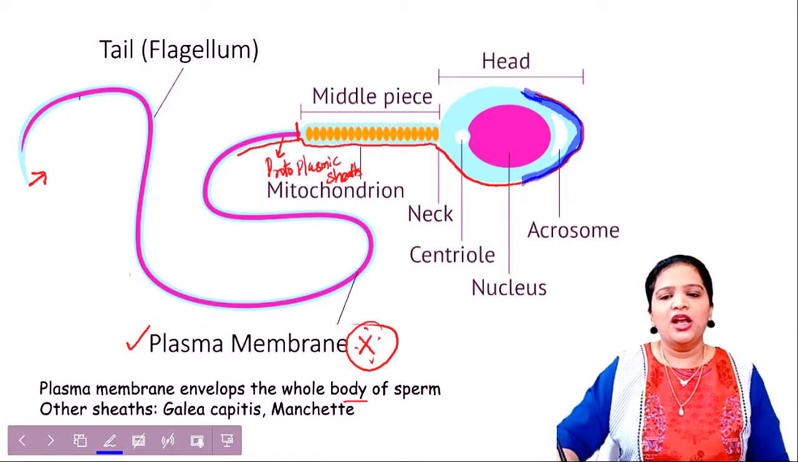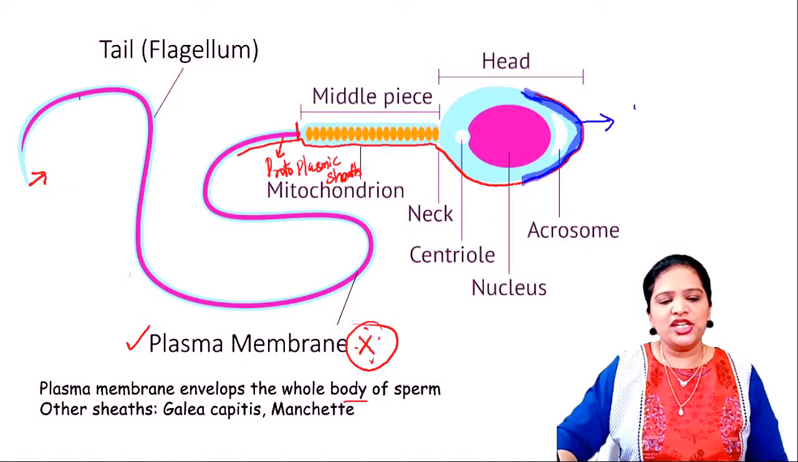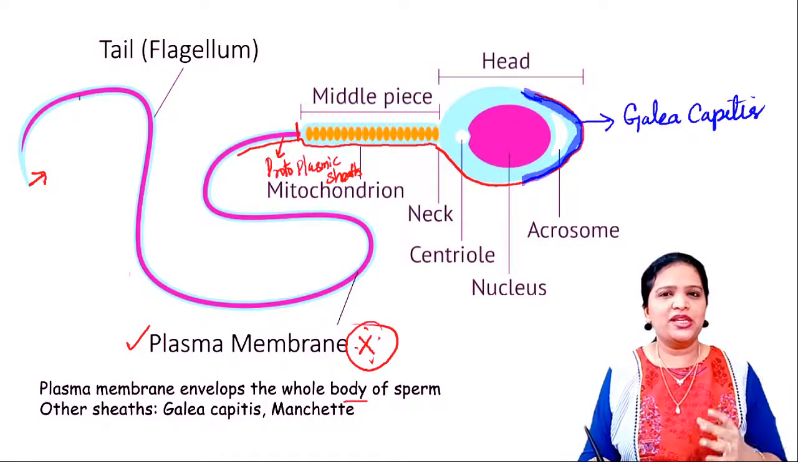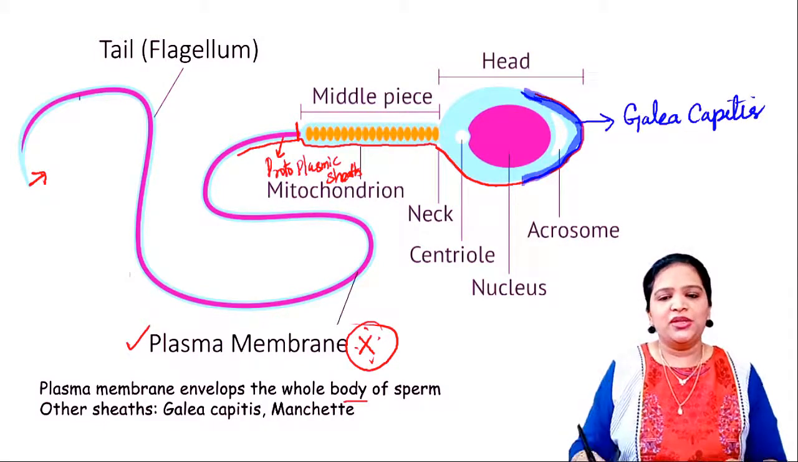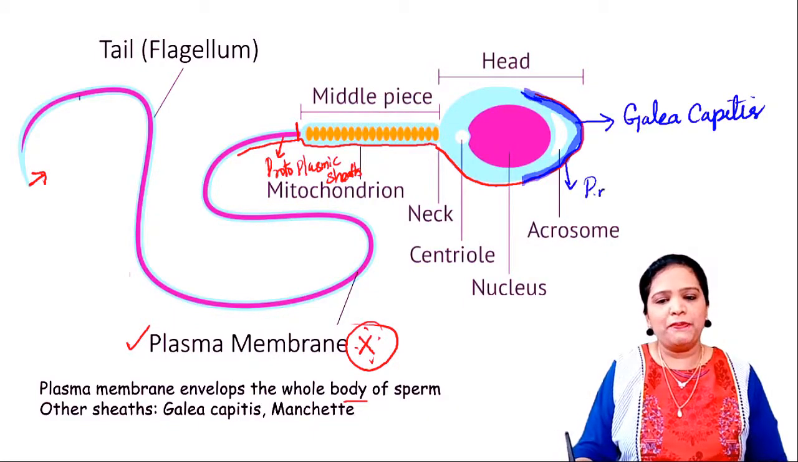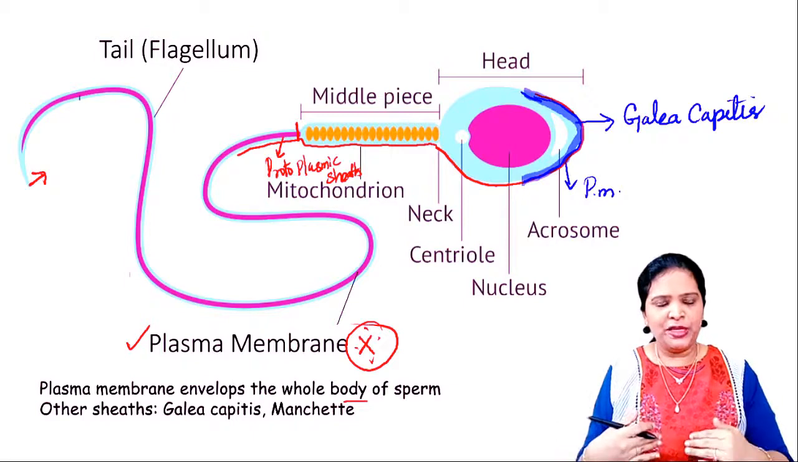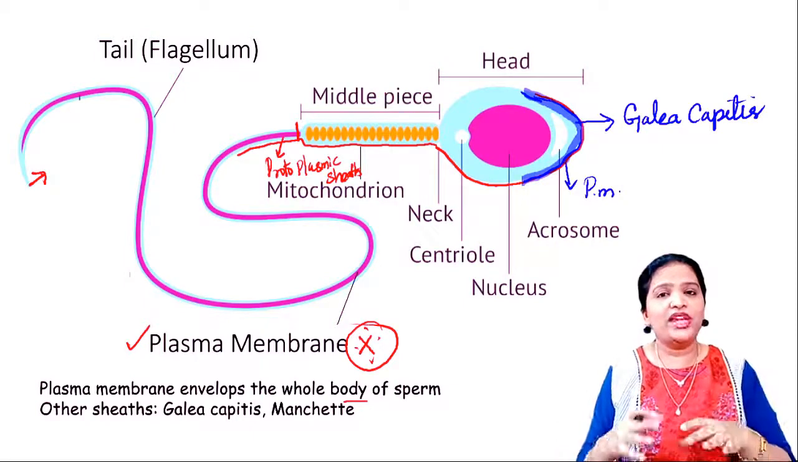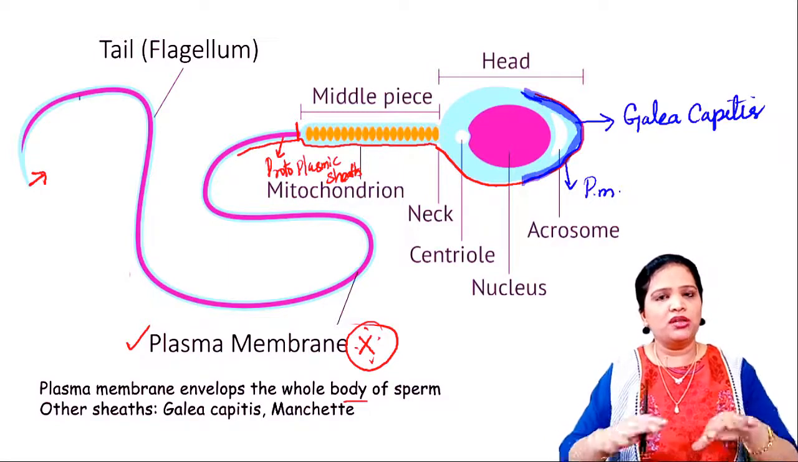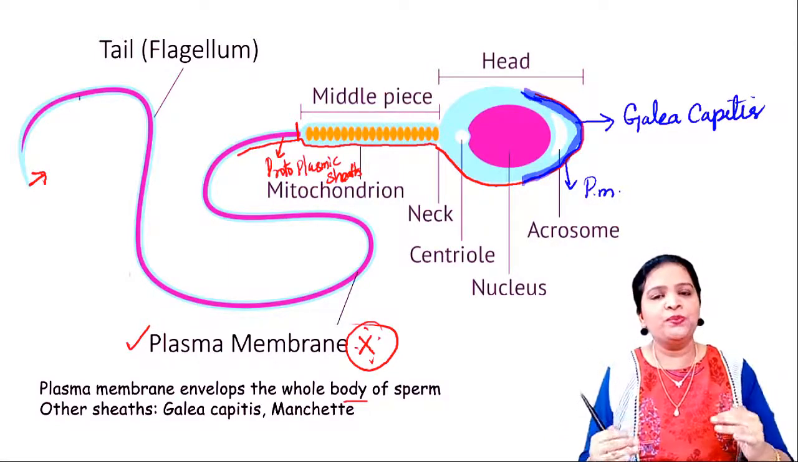Okay. So, this sheath is called Galea capitis. What is Galea capitis? Very simple, guys. See, here you know this red color. This red color is called plasma membrane covering. Okay, so below that there is another covering which covers just the front portion or completely the acrosome and also